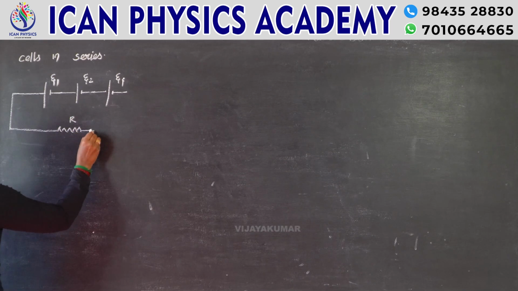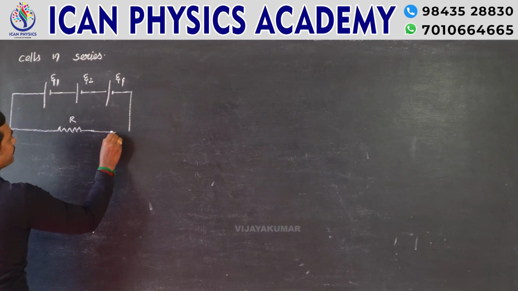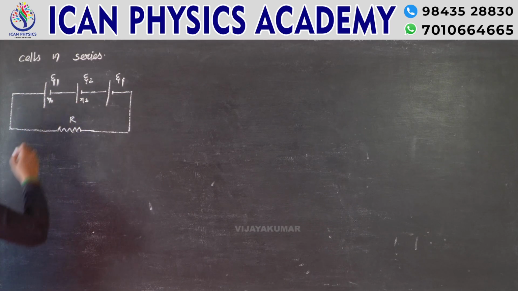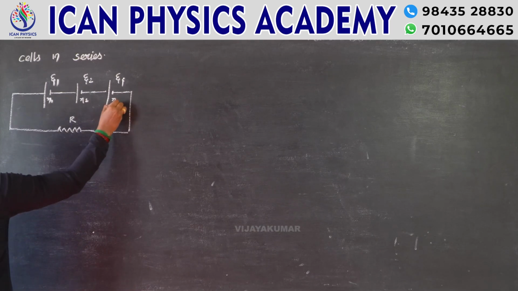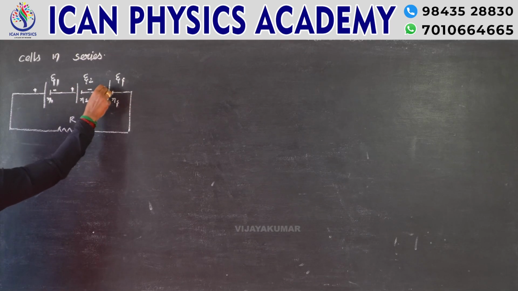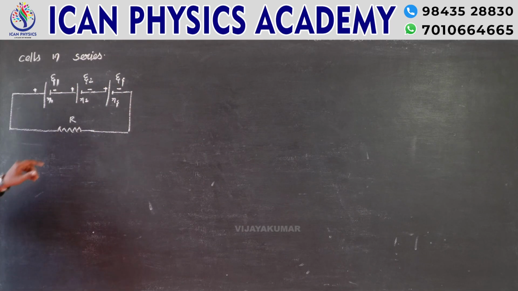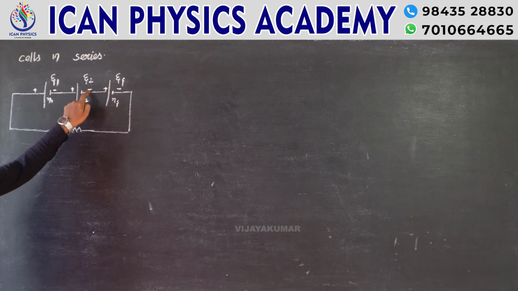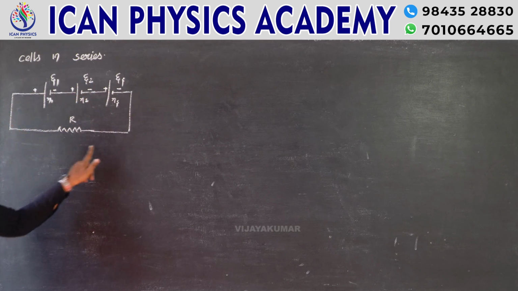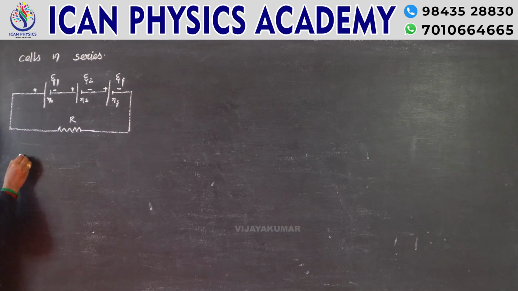resistance capital R. Okay. Now, its internal resistance is taken as r1 and its internal resistance r2 and its internal resistance r3. Just look at the connection, how it is connected. So, the positive terminal is connected with the negative. The positive terminal connected with the negative, then it is said to be cells in series. Okay. So, from that, we can calculate the total current